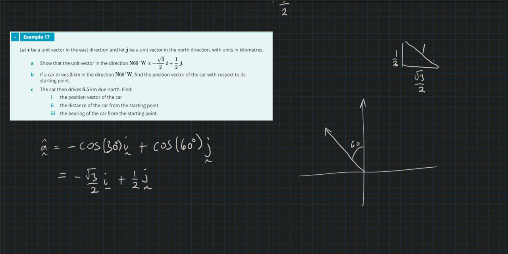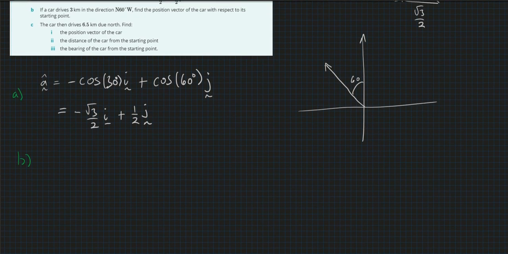And so for part B, we're in green now, are we? Car drives 3 kilometers in that direction. So then A, 3 times A hat equals minus 3 on 2 root 3